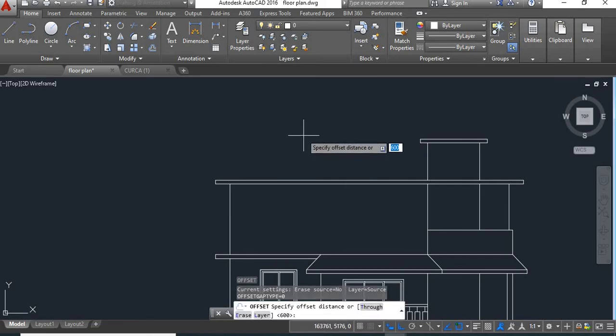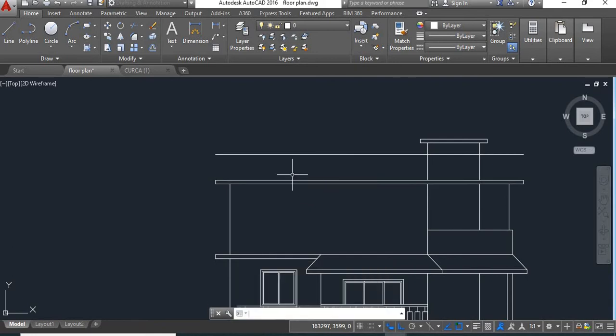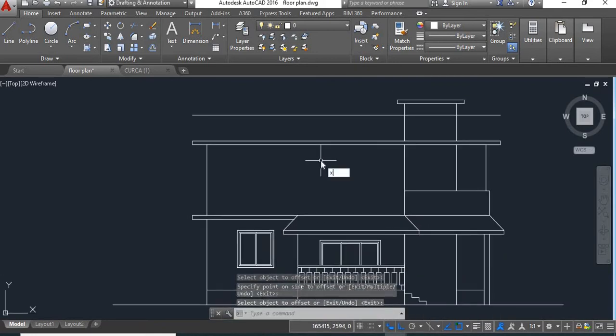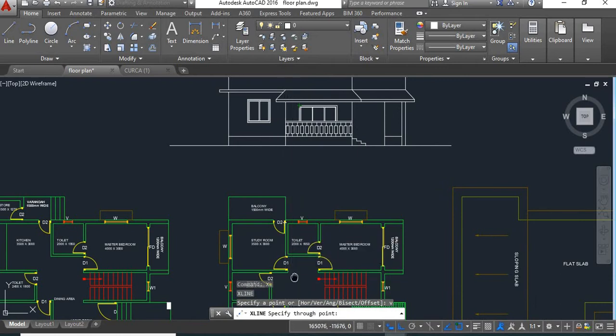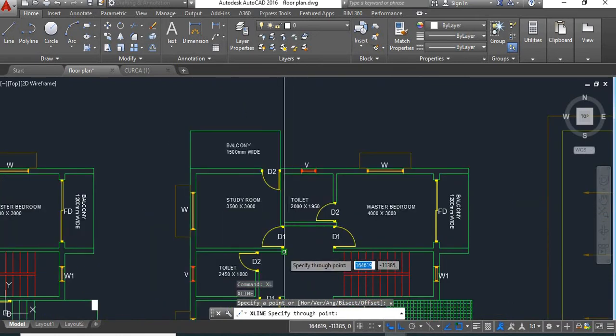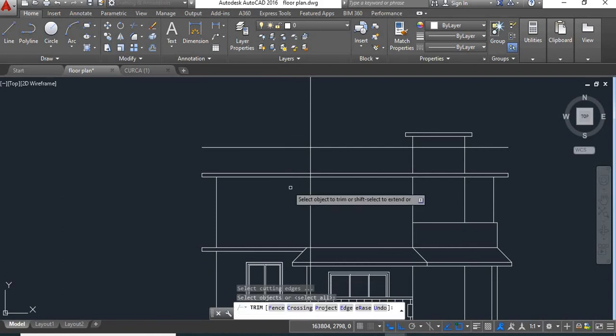The slope we'll have to show here, that is 1200 from here to here. Say enter. Now project this line. Take construction line vertical and project this wall. So enter. Now next trim these lines.